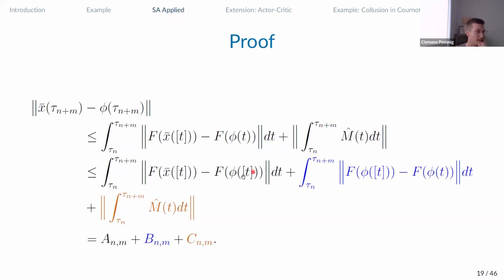What I want to do now is add and subtract this term, which is f of the solution at these bracket t time increments, because that allows me to bring these two onto the same sort of time scale. And that adds one error term, which is very easily handled. This error term, the blue one, only depends on the deterministic solution of the ODE. So this is only the difference that I introduce once I introduce these bracket t increments for phi instead of the continuous time on which it actually lives. And finally, we repeat our stochastic error term of these m hats. And we end up with these three error terms, which we can bound now.